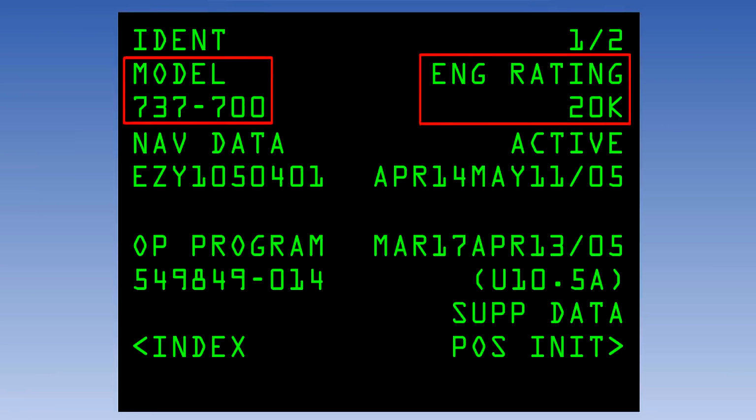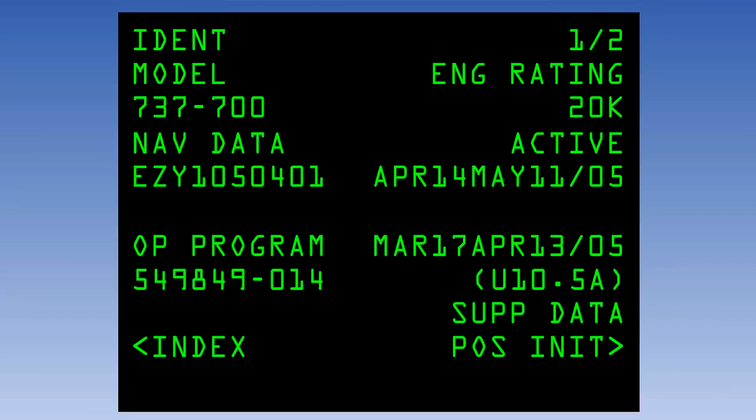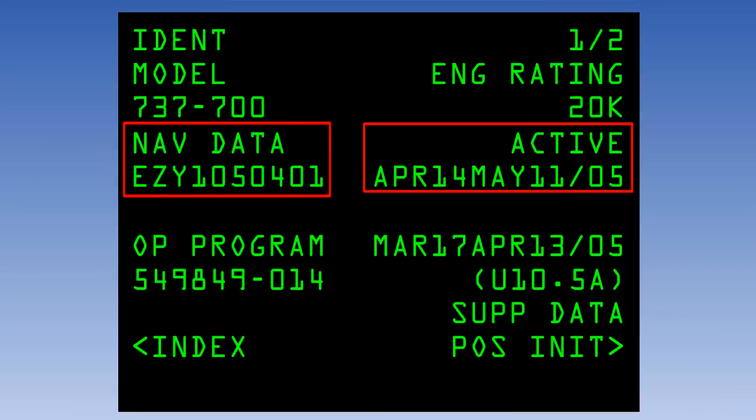The pilot should check that the aircraft model and engine rating in the FMC corresponds to the actual aircraft being flown. This may seem too basic to be necessary, but you should remember that all the Boeing FMCs have a strong family resemblance. It is possible for them to be put in the wrong aircraft or wrongly programmed, especially if the airline operates a mixed fleet. The same applies to the family of Airbus FMCs.